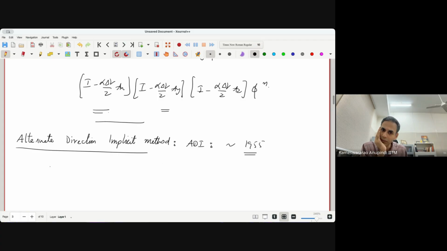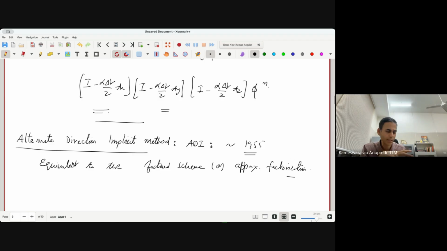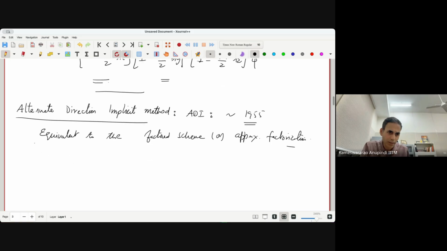This method can be shown to be equivalent to the factored scheme, or approximate factorization. It is equivalent, but it was proposed in a slightly different way. But this scheme is under the general solution methodology of what are known as fractional step methods,